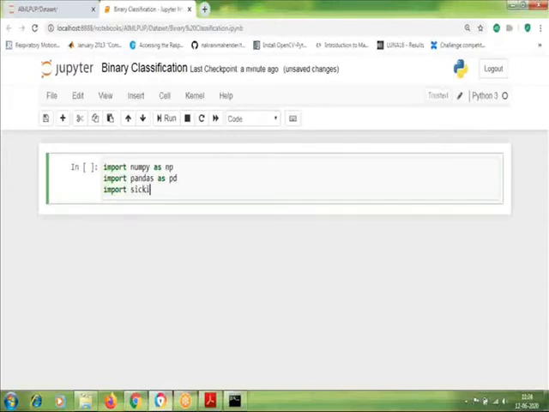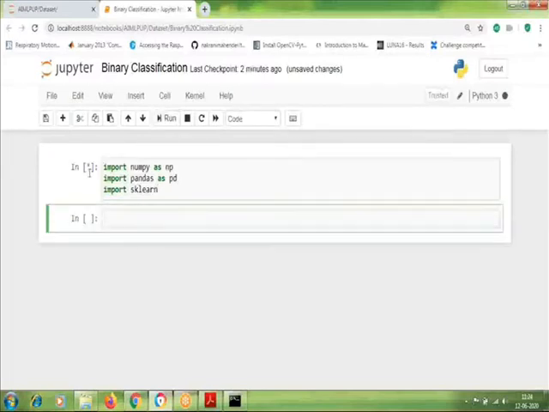It will show an error. For importing, the name is not scikit-learn but sklearn. So remember, import scikit-learn as import sklearn. Then by pressing Shift Enter, or just by clicking on the Run button, you can execute this particular cell.